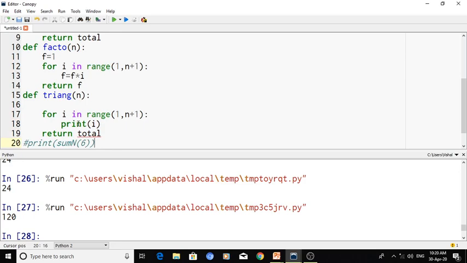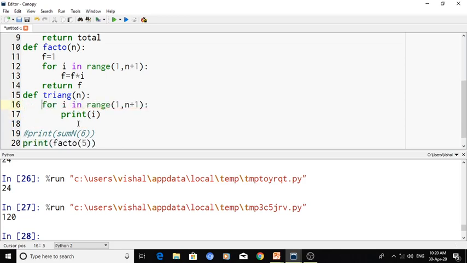And this function will not return any value. This is a very simple function. So see what this function will do. It will print 1 to n.